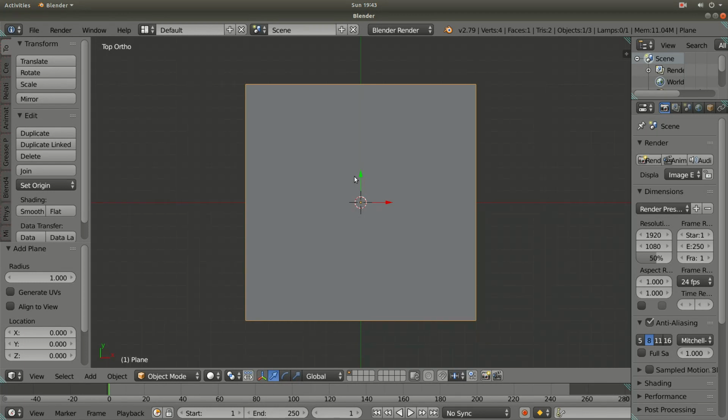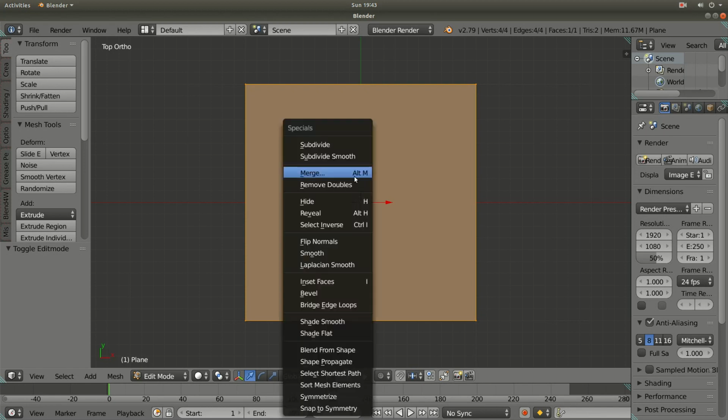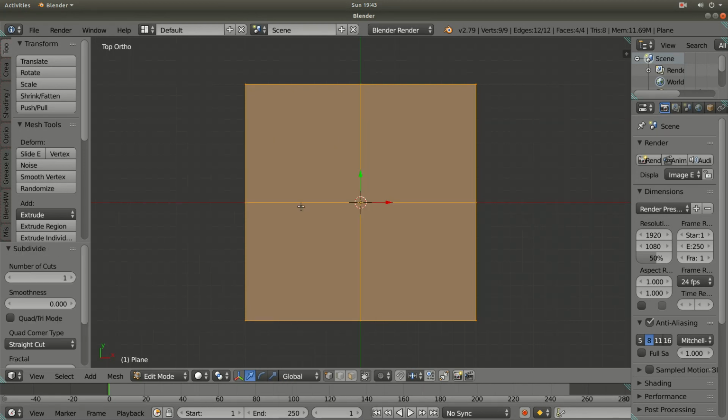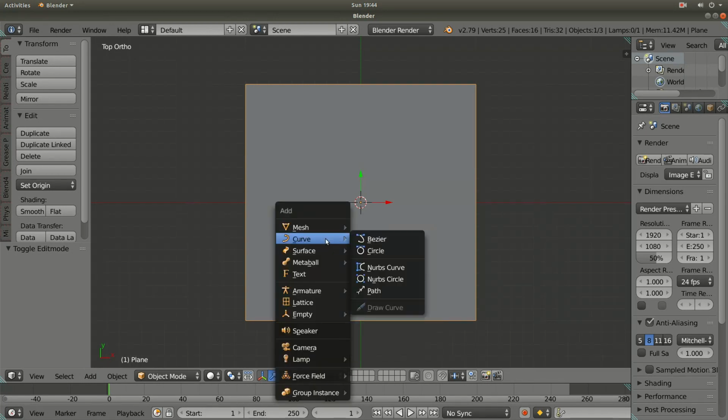Then I am going to the edit mode by pressing the Tab key, and then I am subdividing this plane. The number of cuts I am doing is 3. I am pressing Tab to go to the object mode, and then I am again pressing Shift and A to